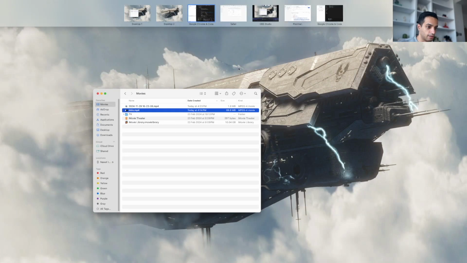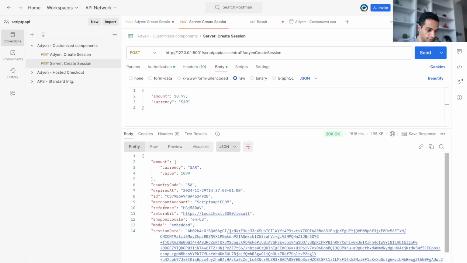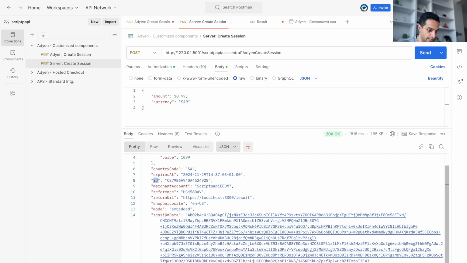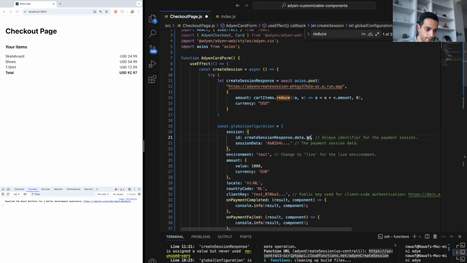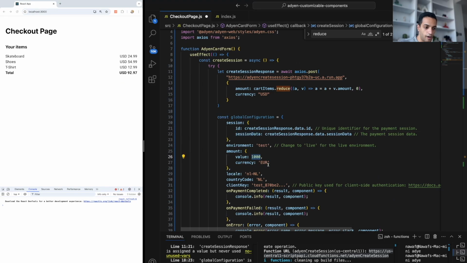Let's double check that. Go to Postman, have a look to make sure your parameters are correct. So yeah, ID and session data. Here, it's going to be session data. Or instead of getting it from your server, you can just copy the same stuff you got over here. So